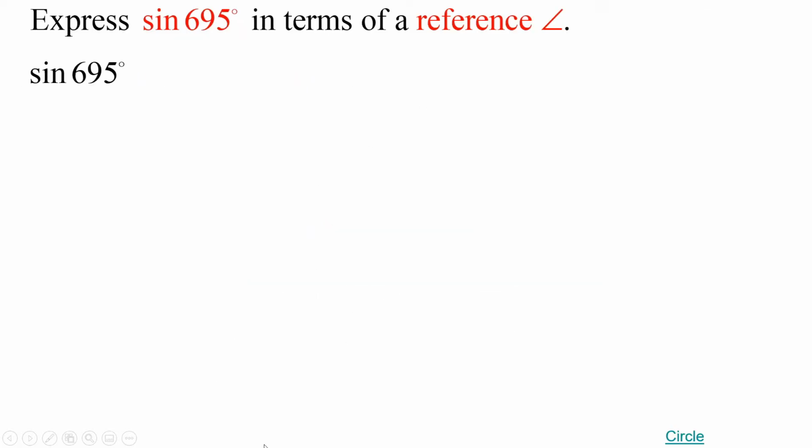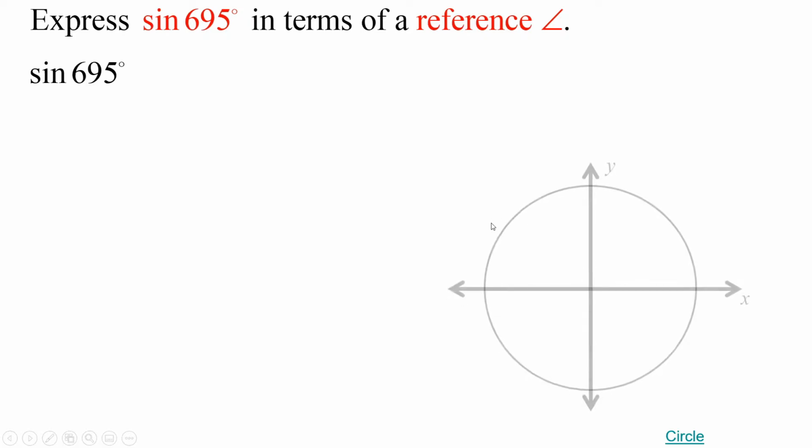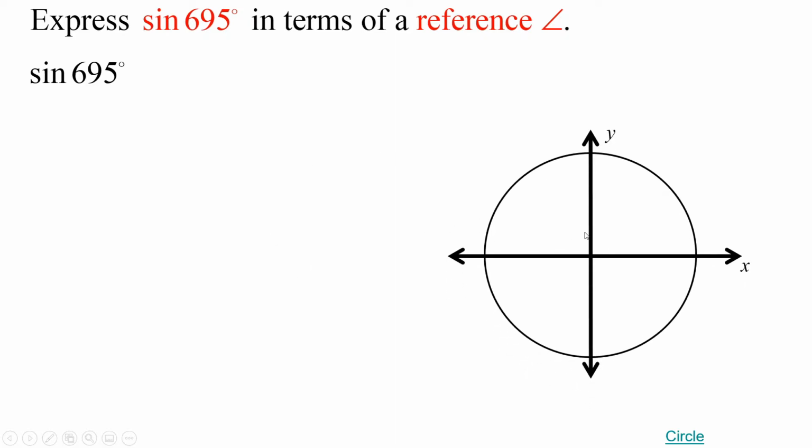Okay, so express sine of 695 degrees in terms of a reference angle. So sine of 695 degrees. Well, let's visualize 695 degrees first. So here's my unit circle again. And check this out. This positive angle right here, well, I'm at 360 degrees. And then if I did one more revolution, I'd be at 720 degrees. So I'm a little short of 720 degrees right there. And that would be, if that's 695 right there,